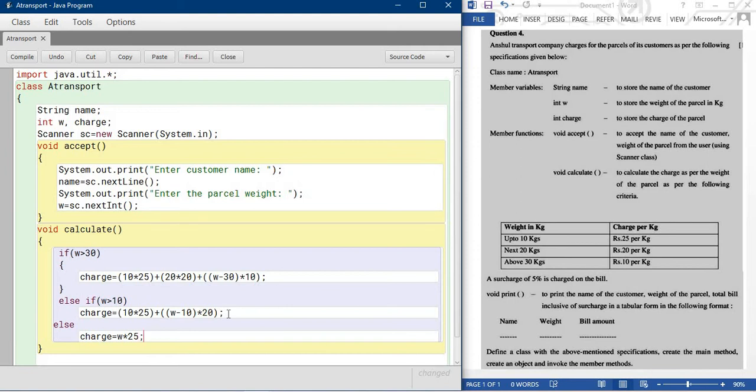Below 10 kg, up to 10 kg, whatever kg you have is multiplied with 25, because it is 25 per kg up to 10 kg.